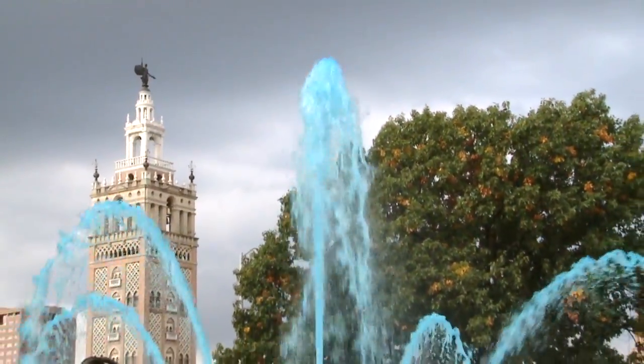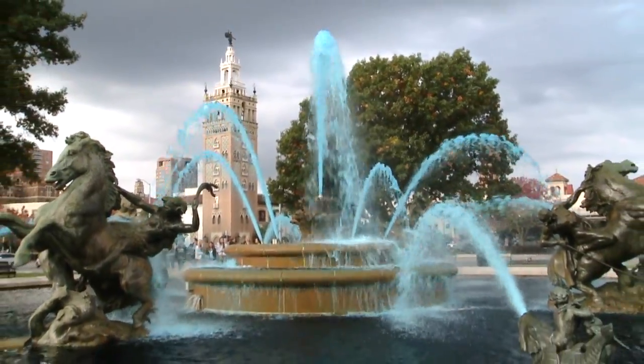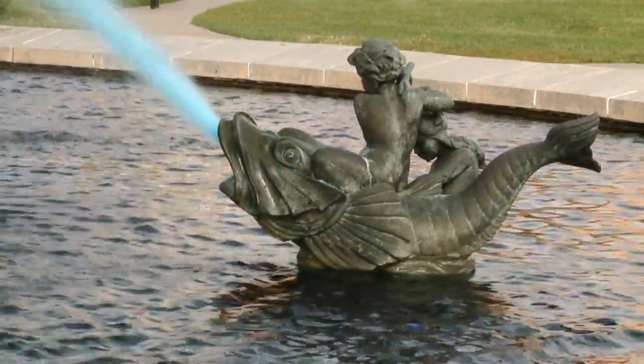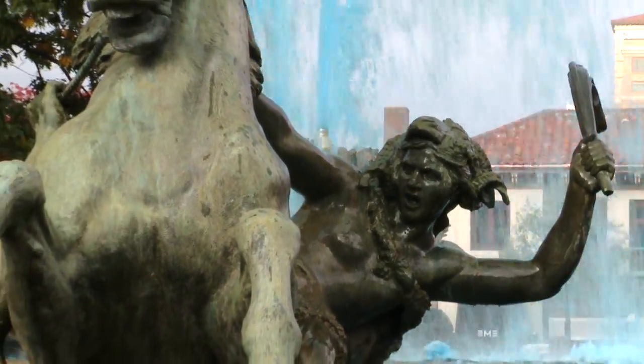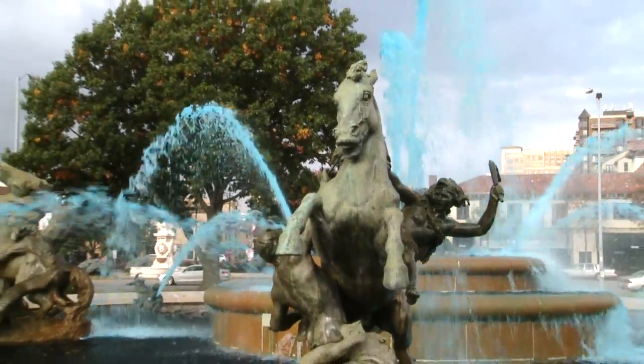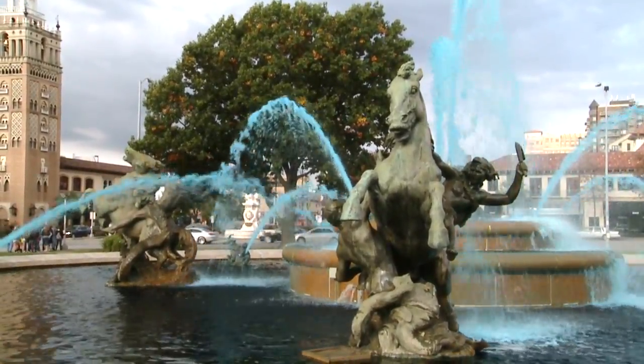But we have nine fountains that were on our endangered list. They either needed an extreme makeover, needed to be replumbed, or needed to be rewired. A lot of significant repairs and improvements needed to be made, to the point where a couple of our fountains were inoperable, including the one across the street, the Seville Light Fountain, which is an iconic fountain in its own right, as well as fountains that are on the verge because of age and weather and repeated